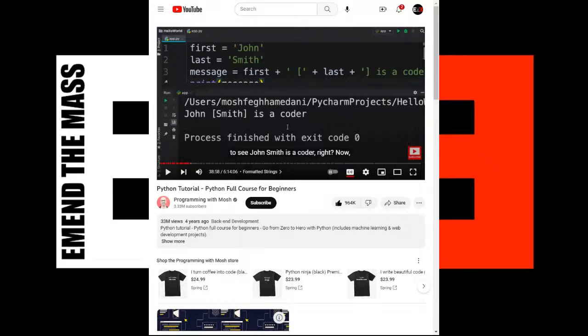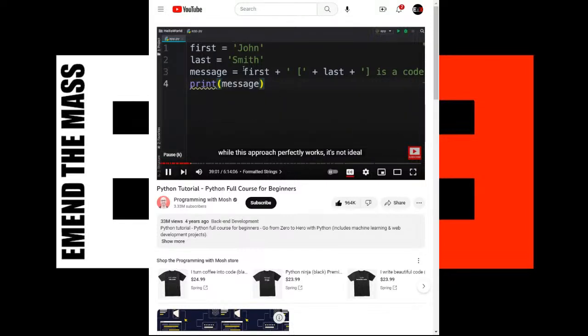Oh, gotta hit print. Print message. Is a coder, right? Now, while this approach perfectly works, it's not ideal because as our text gets more complicated,